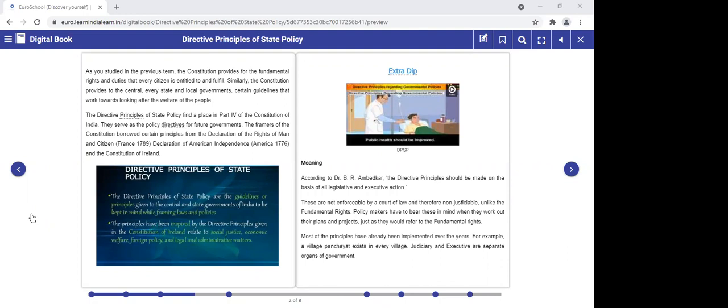And it is not that it was just introduced now, it was implemented years ago. Earlier we had villages, and in the villages we had panchayats who would do justice and resolve the issues in rural areas. What about urban areas? In urban areas, we have the judiciary, which works as an organ of the government, as well as the executive.